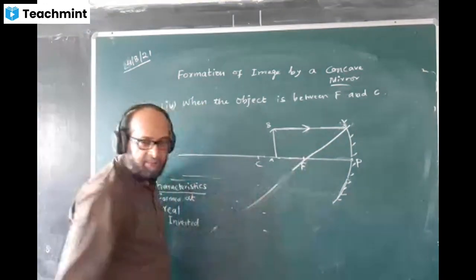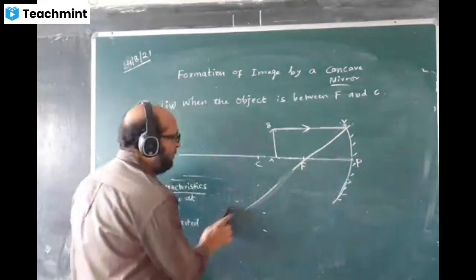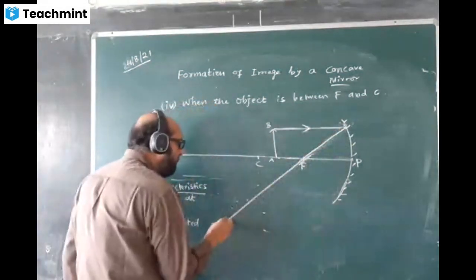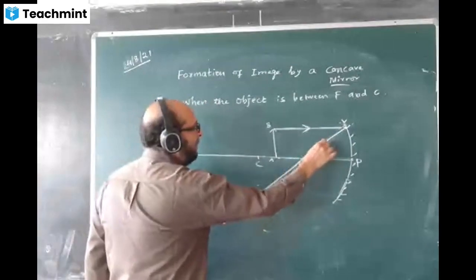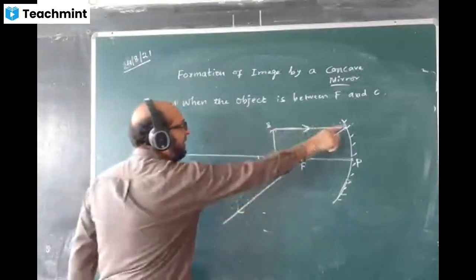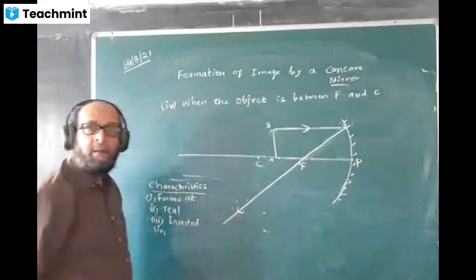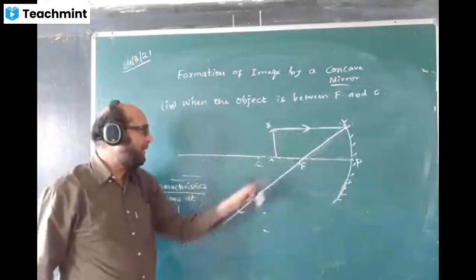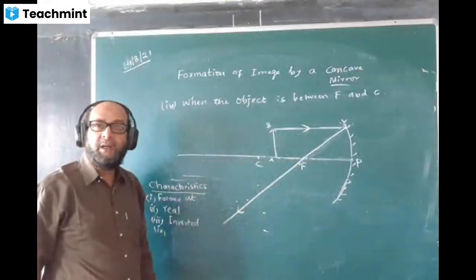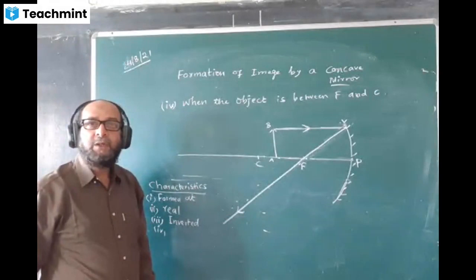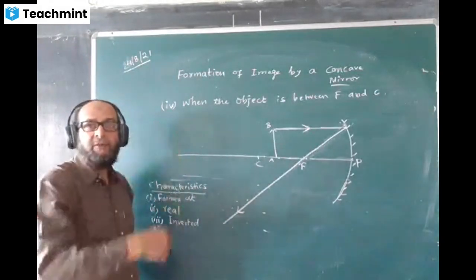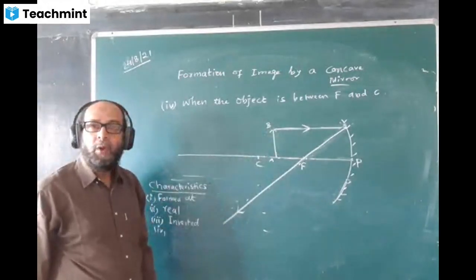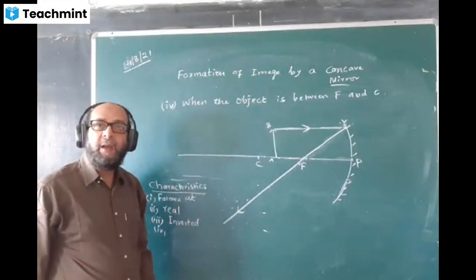Straight line. Using ruler you draw. I am doing freehand, so the line may not be straight because I am not using ruler, but you all use ruler. This is the incident ray, reflected ray. Incident ray here, reflected ray here. Done. And in all the ray diagrams, you must mark the arrow. Arrow marking is important. If you don't mark the arrows, you don't get marks. Remember. You must show how the incident ray is coming and how the reflected ray is going. All the rays are identified by arrow.